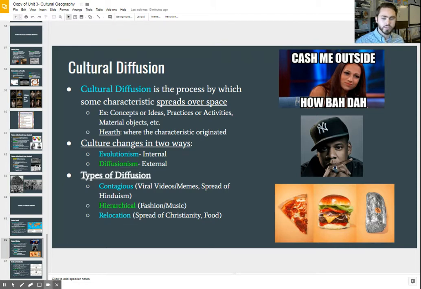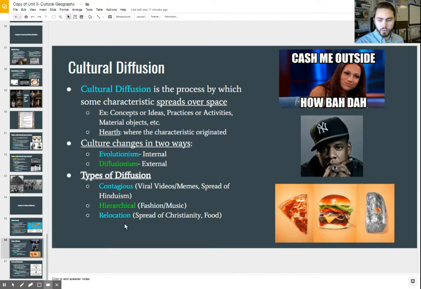So this can also be seen in food culture, especially in the United States. You see people move here all the time, and that's where we get a lot of our variety in our diet today. You can find restaurants of many different types, whether it be Chinese, Italian, French, you name it. There are many different types of foods from all over the world in the United States. And that's because of people moving here and bringing that aspect of culture with them. So again, that would be a type of relocation diffusion, where that cultural trait spreads because of somebody moving from one place to another.